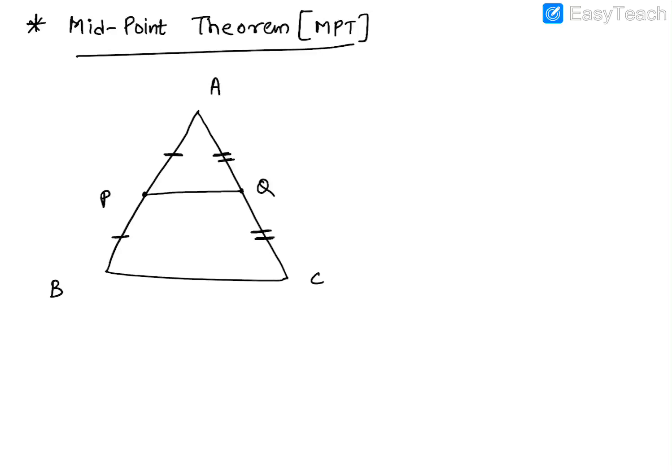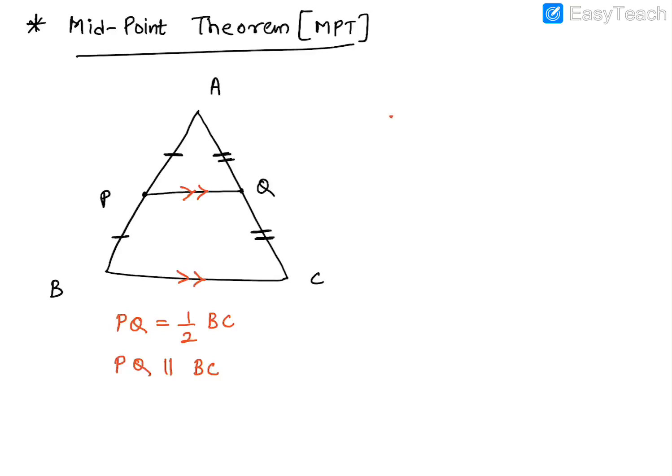So now what does the midpoint theorem state? It states that if you join these two midpoints, then that segment which is formed, that is PQ, will be half of the base BC, and also your PQ will be parallel to BC. Get it? Not that difficult actually. So PQ is equal to half of the base BC and PQ is also parallel to